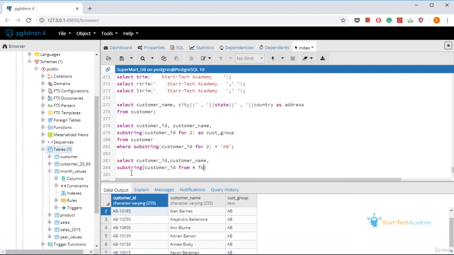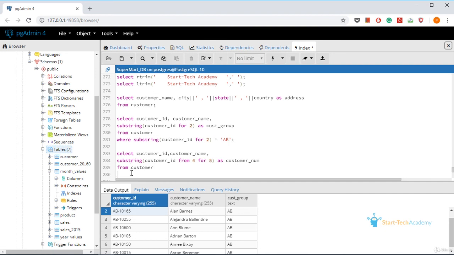It starts from the fourth character, for 5 characters, as customer number from customer table, where substring customer ID for 2 is AB. So for this customer group only, we'll find out the last 5 digits. So it should contain 10165 for the first row.